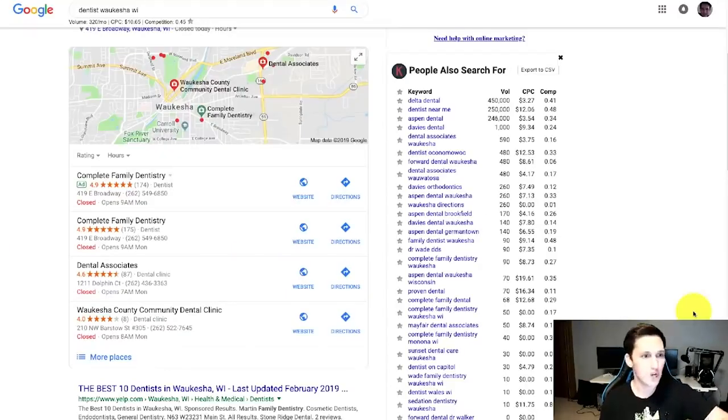So here's the hook, and this is what you wanna do. You wanna go into Google, type in a keyword that you think you wanna go after. Maybe you decide you wanna target the dentist industry, or maybe you wanna go after chiropractors. Type that in and then type in the city name and the state if you're in the United States. Again, it works in any country. Then scroll down here and click more places,